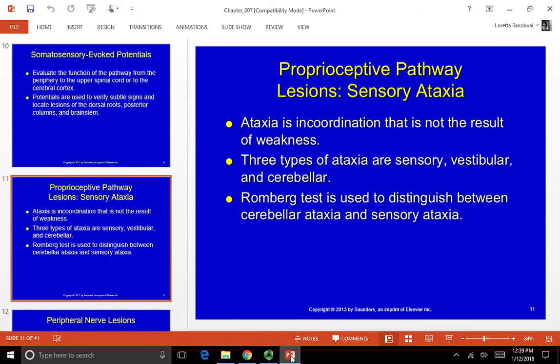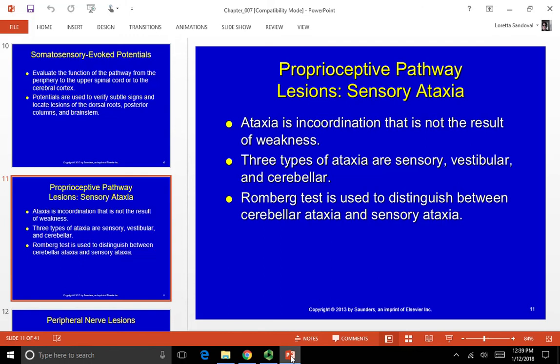So sensory ataxia, I talked a little bit about in the previous chapter. Ataxia is incoordination that is not the result of weakness. You can have incoordination that results from muscle weakness, but ataxia is incoordination that results from sensory, vestibular, or cerebellar problems. There's a video in the module of the Romberg test, and it's used to distinguish between cerebellar ataxia